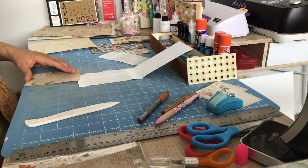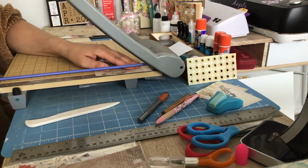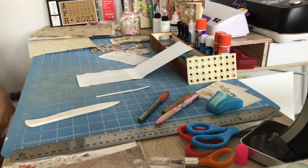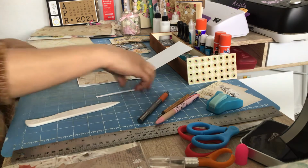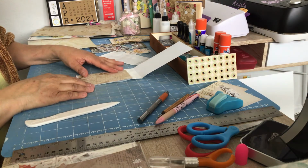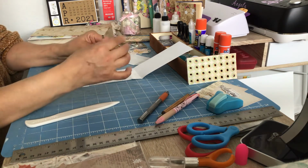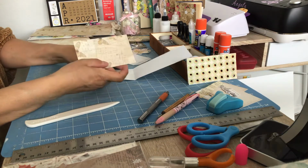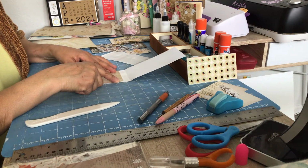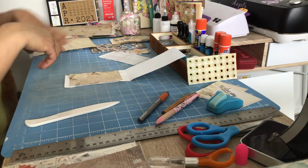Got that right about there. Let me bring this back up real quick for a second. Trim that down. Excuse me. Okay. And we can actually bring that, because that's pretty thick. I mean, it's thicker than copier paper, but not quite as thick as cardstock. But I think that will do. So let's,